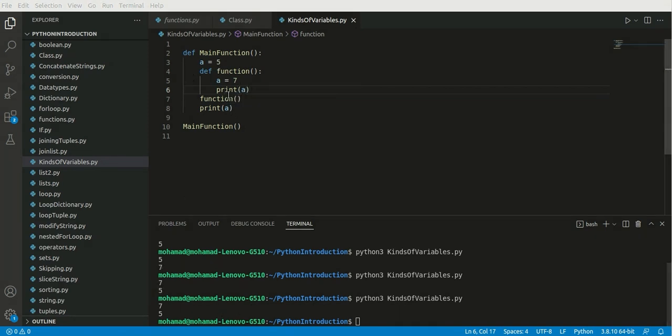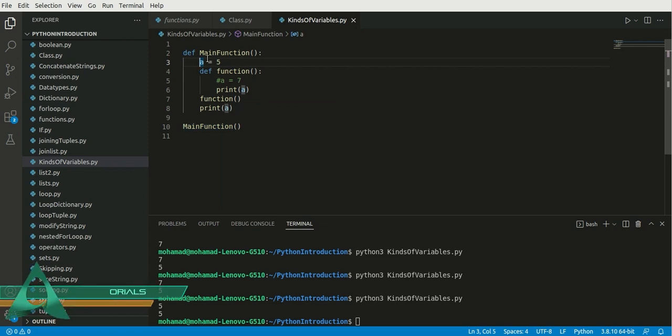As you can see here, the same thing happens, but what if I comment a equals 7? As you can see, both of the numbers also will be the same. So this one is a global variable for this function, but from outside of a function, we cannot have this a here. So if I print a